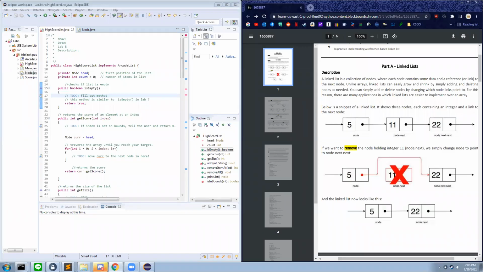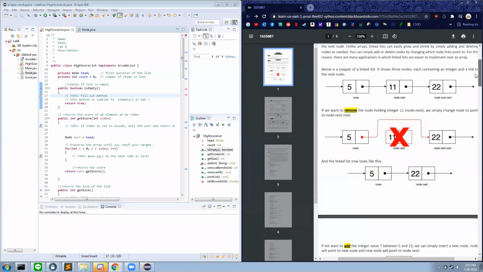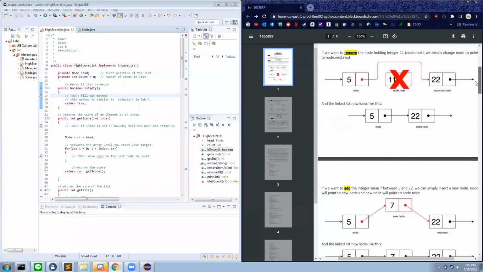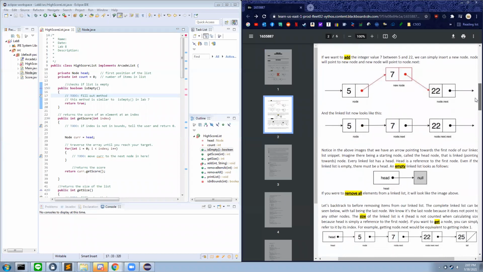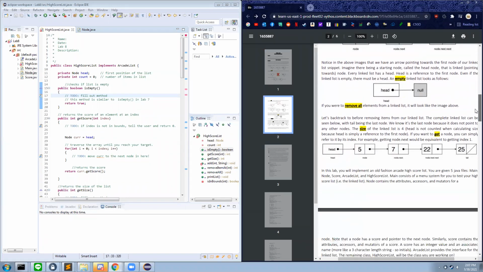All right, everybody, welcome. This is a quick video on Lab 8. It's going to be covering linked lists. So I've been told that you've gone over linked lists pretty extensively in class, so I won't be going over the specifics. However, the PDF is a long one, but it includes a bunch of helpful diagrams for you to visualize the kind of changes you should be doing on the linked lists as you go through